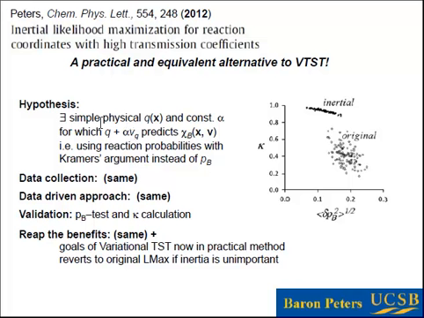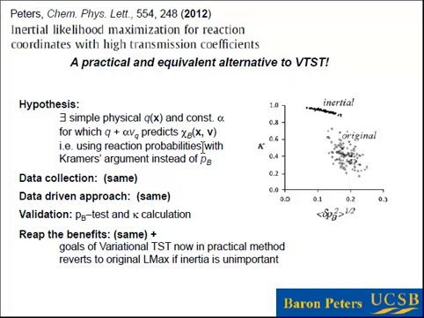So this is effectively the same as the construct used in Kramers' theory. It's again theoretically motivated, because in Kramers' theory you take a linear combination of the coordinate and the velocity along that coordinate, and you say that that's sufficient to predict the probability of reaching the product state before going back to the reactant state.